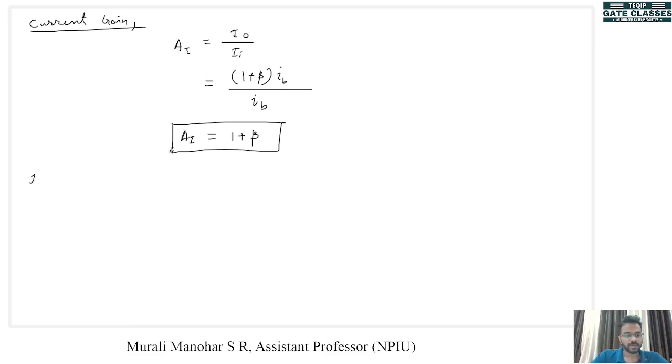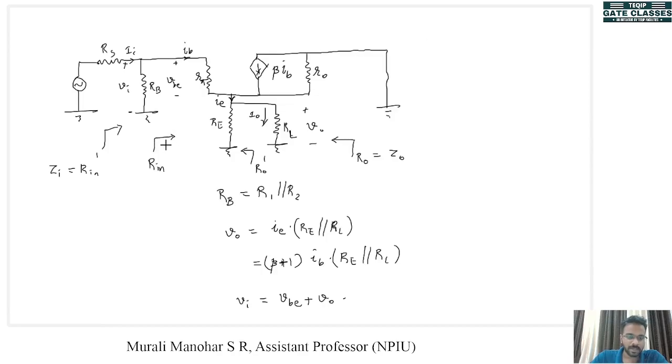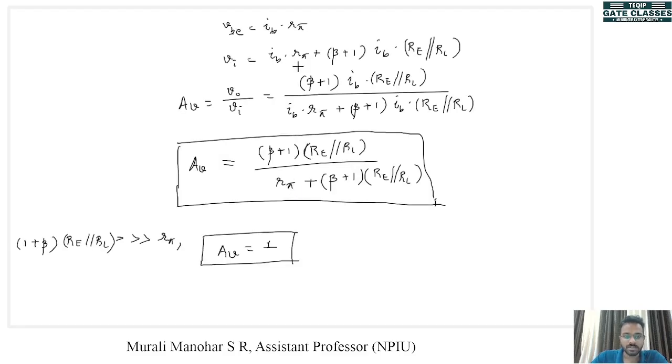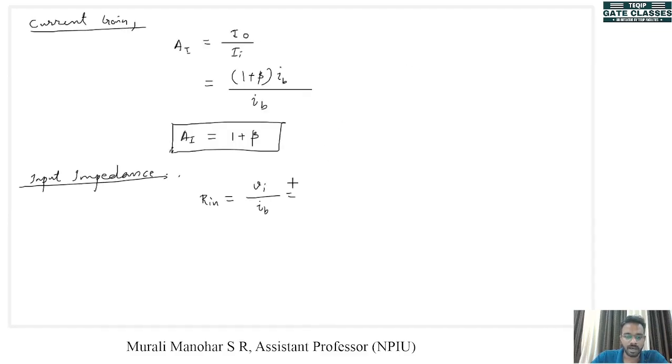Now we can find out the value of input impedance. In order to find input impedance, we will first find Rn. Rn is the resistance when we look into the amplifier from here. So from here the voltage is the voltage across base and ground, which is the same as Vi, and the current going into the base is Ib. So Rn can be written as Vi divided by Ib. Now we already know what Vi is, which is Ib into R pi plus beta plus 1 into Ib into Re parallel RL, and divided by Ib, you will get Rn, which is equal to R pi plus beta plus 1 into